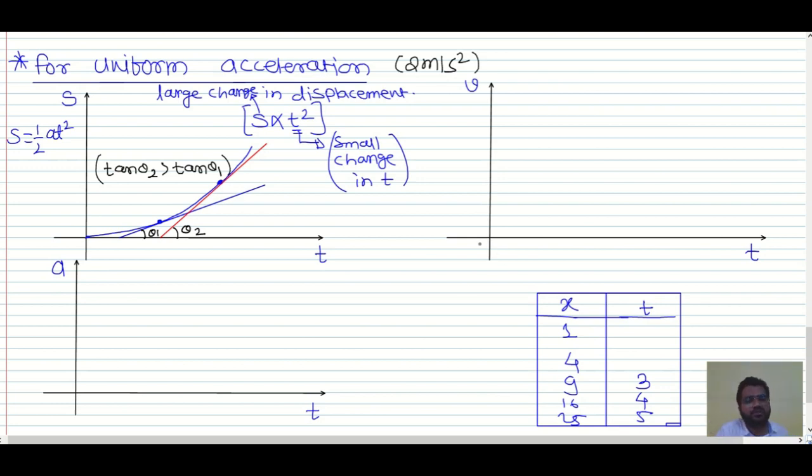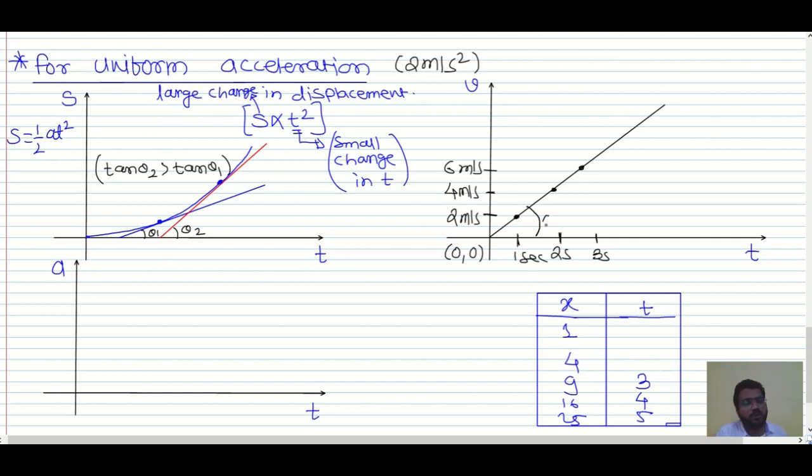So over here, it is uniform. Initially 0 meters per second at 0 seconds. In 1 second, for uniform acceleration, you have to say 2 meters per second. Why? Because it is uniform. In 2 seconds, it will be 4 meters per second. In 3 seconds, it will be 6 meters per second. And if you just draw the line, you will get a straight line which is passing through the origin. So I hope this is clear.